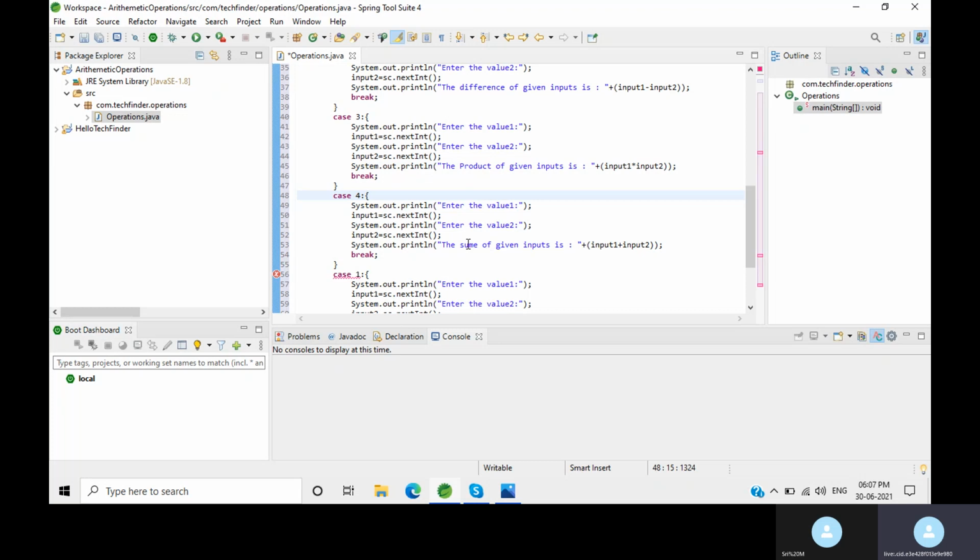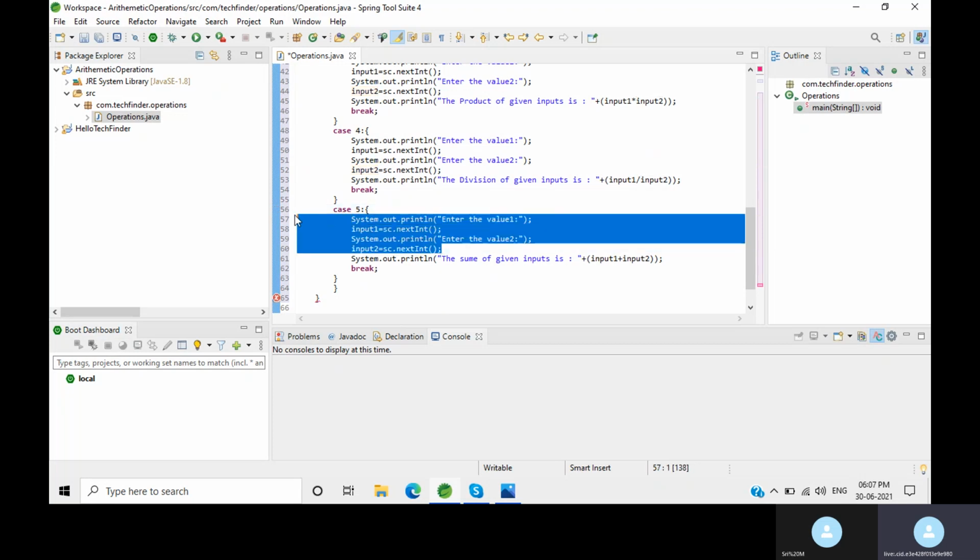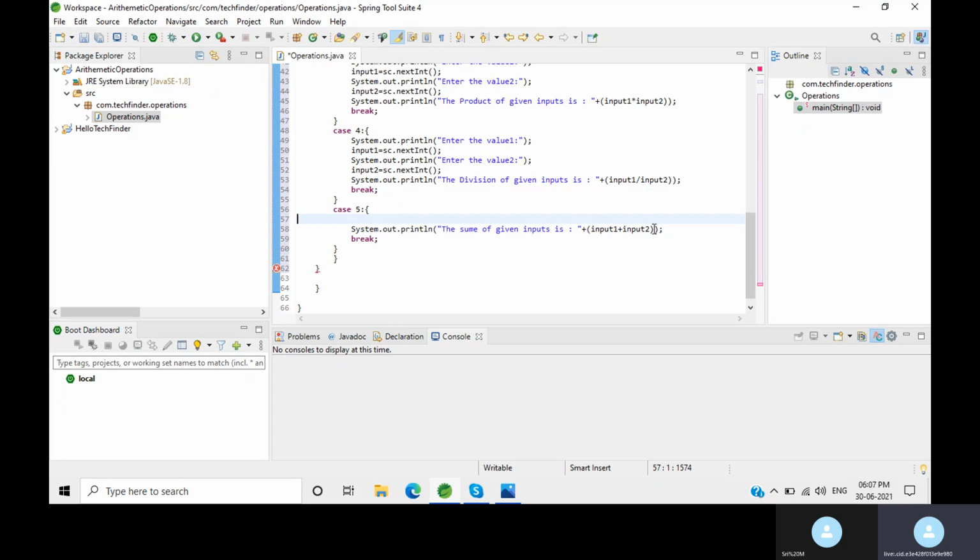Case 4, division. Then case 5. Here we don't require any input from the user. We need to exit from the operation when the user selects this one.